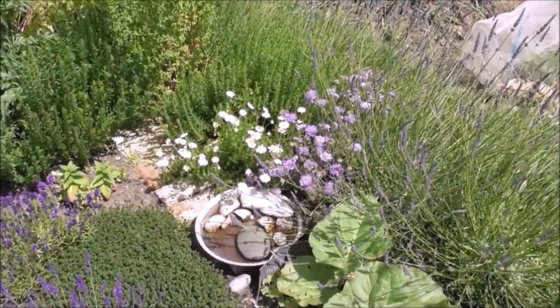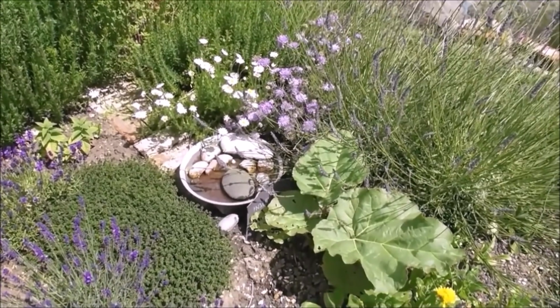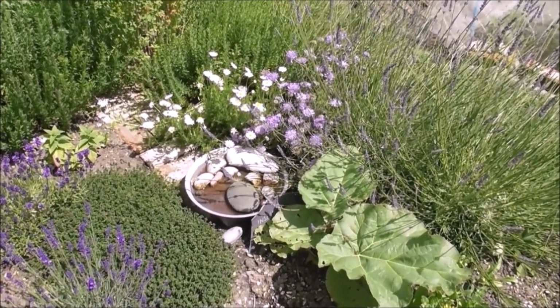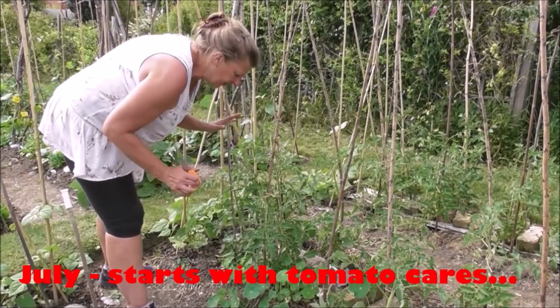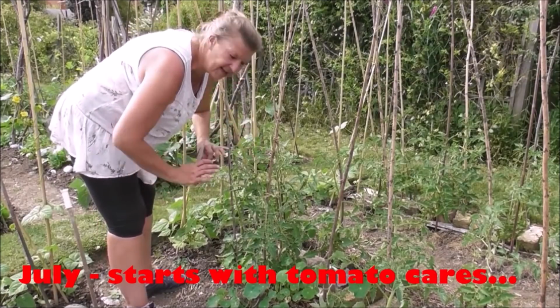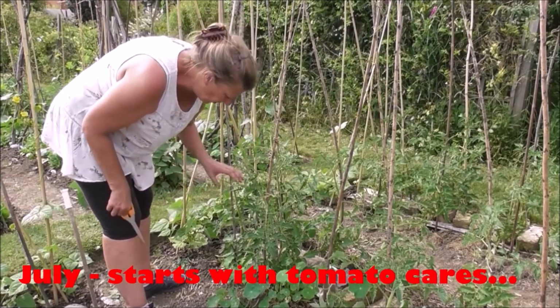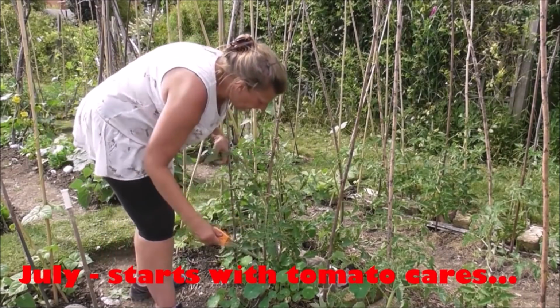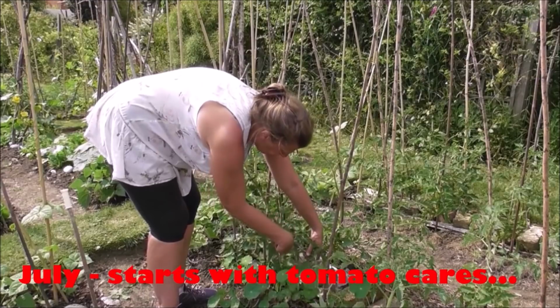Oh, and I need to top up the drink station, because despite all the rain, the sun we're now having is making it all evaporate. They're all staked, they're all tied in, they all had their side shoots removed. So now I'm just going to start trimming back some of the foliage, especially towards the